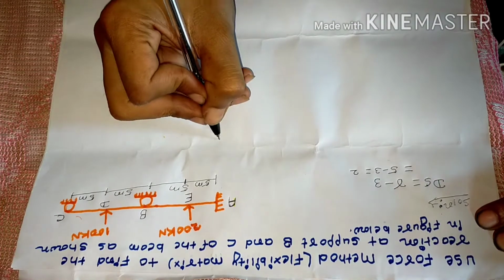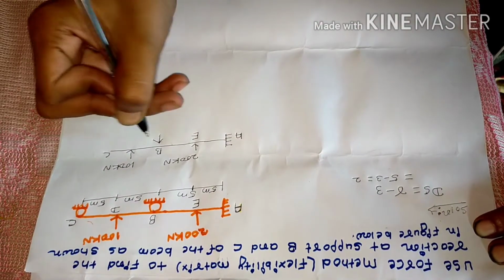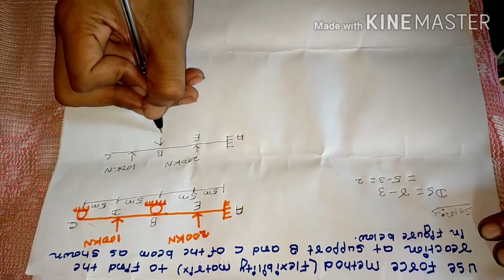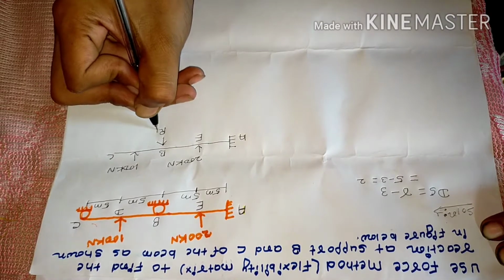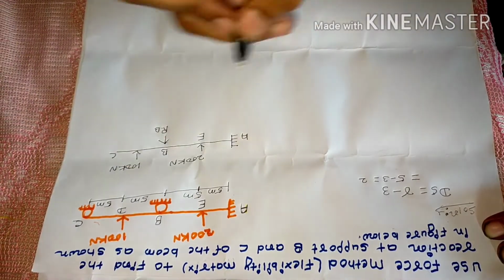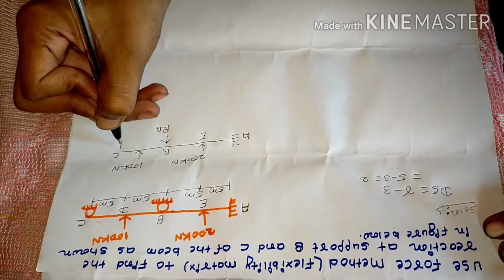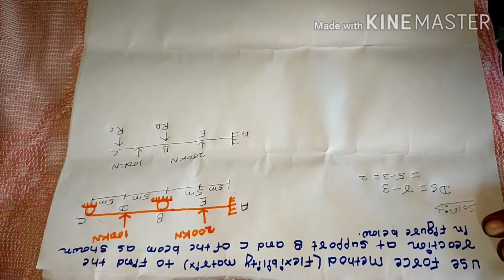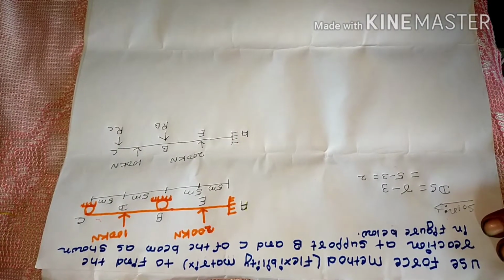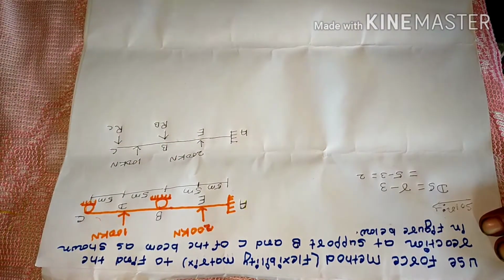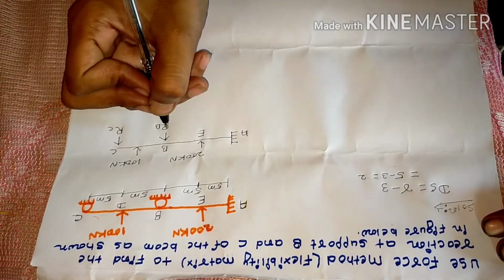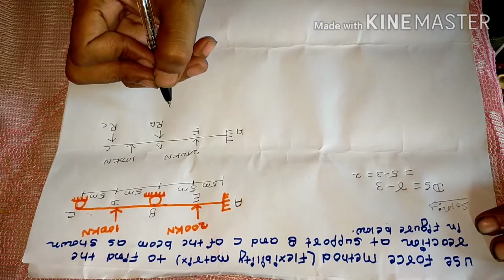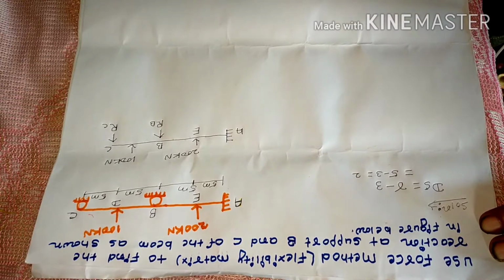First, redraw this figure. Here at B, at the roller support, the number of reactions acting is 1. So if RB is the reaction acting at point B, and at C, RC is the vertical reaction acting at C. First we have to convert this indeterminate continuous beam into a determinate one. Don't worry, you have the choice of redundant. You may choose the redundant as per your choice.